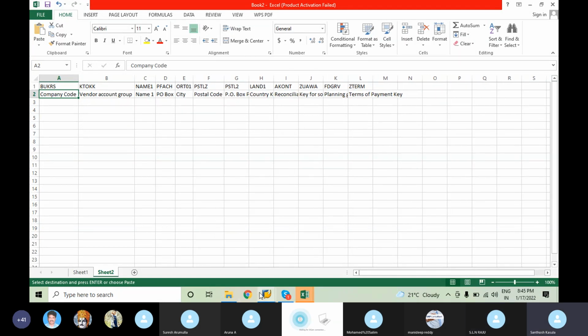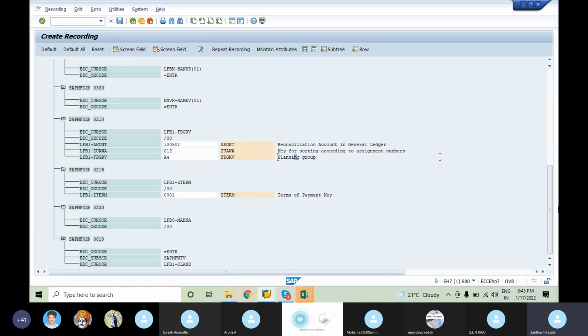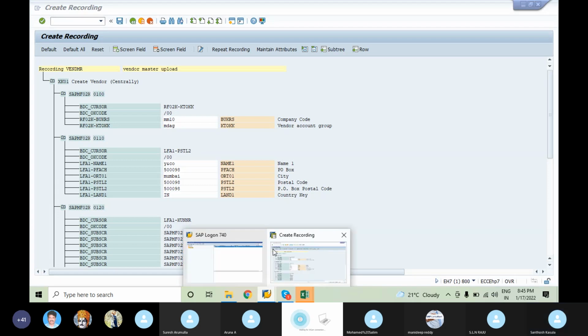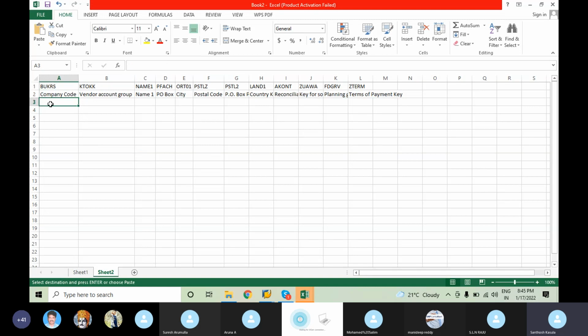Here I have the company code, which I have given as MM10, and the vendor account group is MDAG. I need to enter these details in the Excel sheet. Company code is MM10 and MDAG is the vendor account group.